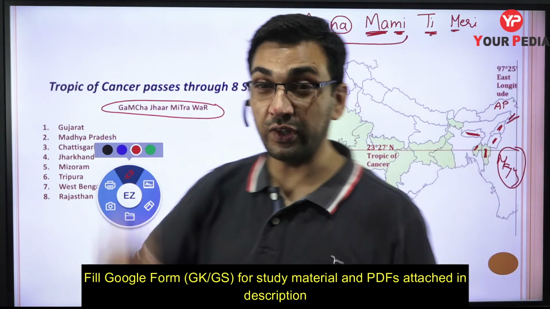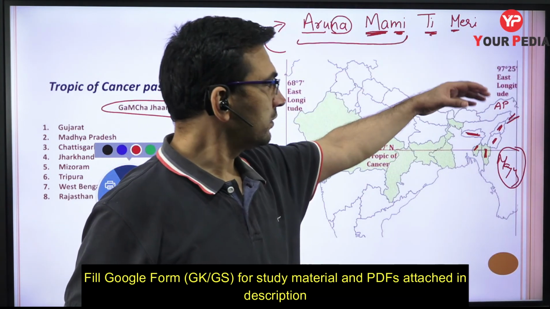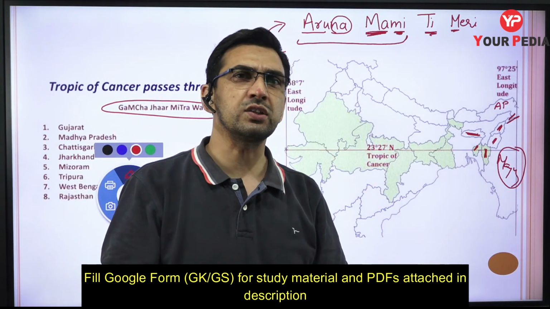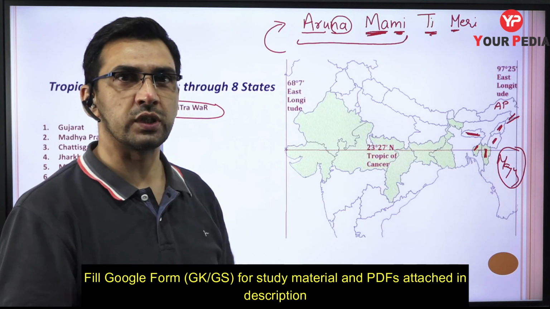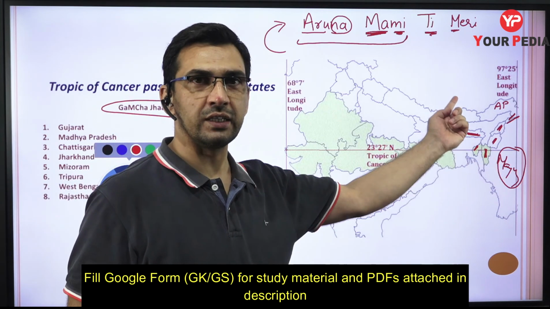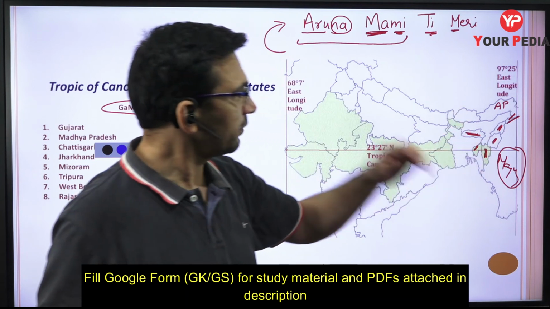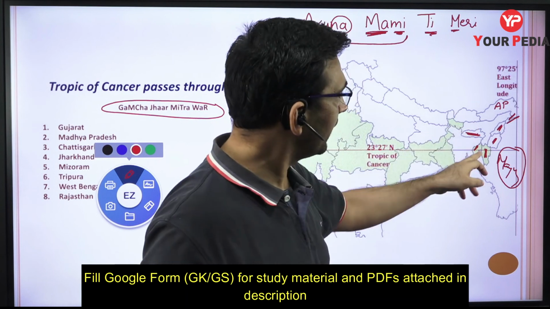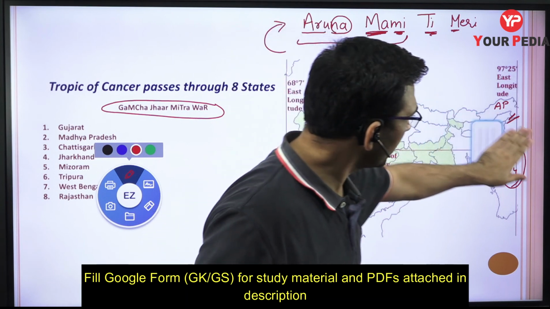So that way, if you have the idea that okay, this is how the states are arranged, so definitely you can think of which are the states which are in the southernmost portion. So obviously, we are going to have that Tripura and Mizoram is down there, and obviously Meghalaya is up there. Now, even if you have a doubt that Meghalaya is here or here, then also you can relate it to many things.